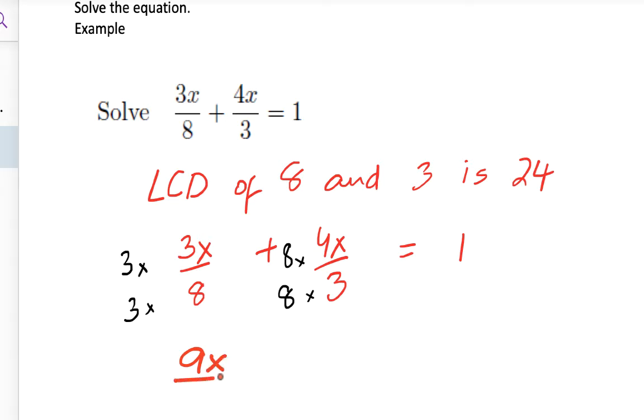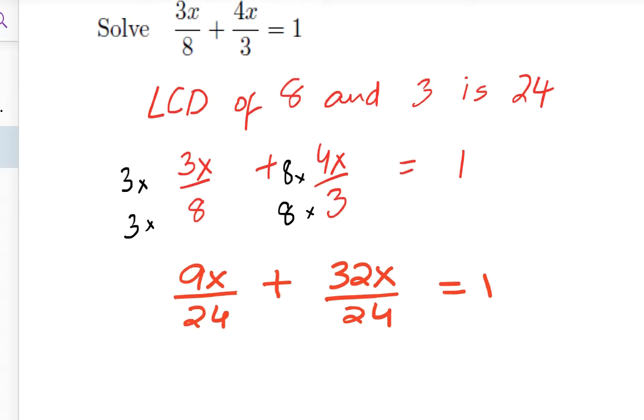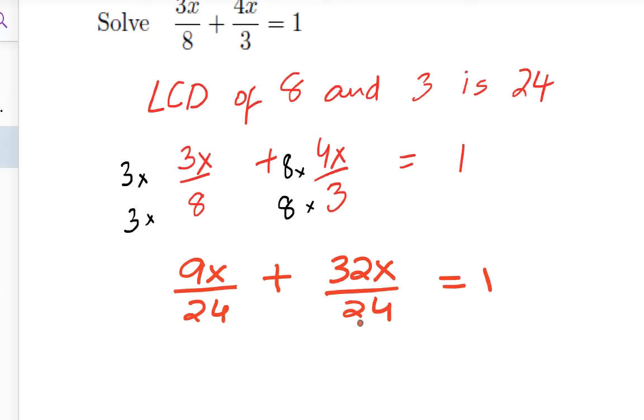9x over 24 plus, now for 4x over 3, we're going to multiply by 8. So what we get is 32x over 24. Now this equals 1. Now moving forward to solve it, on the left-hand side of this equal sign, 24 is the common denominator, so we can add the numerators. What do we get? 41x over 24